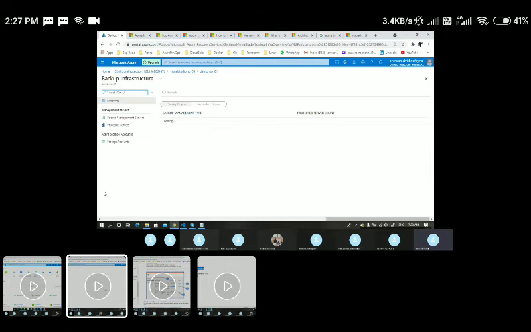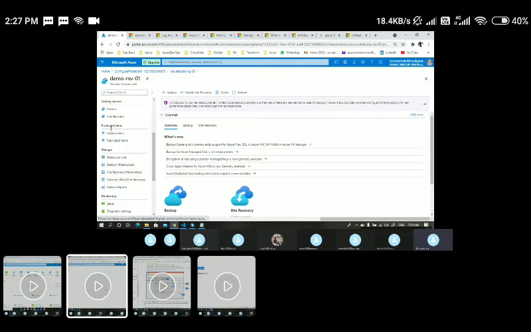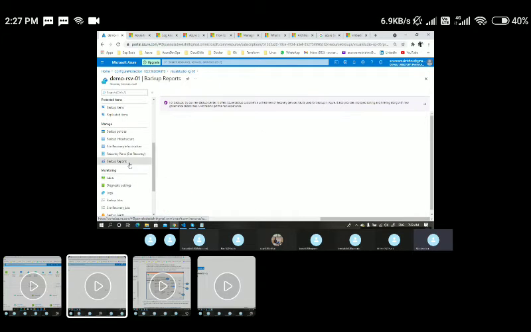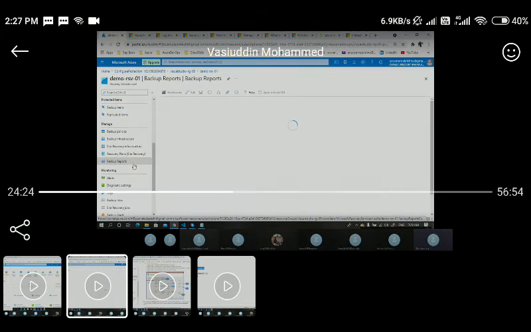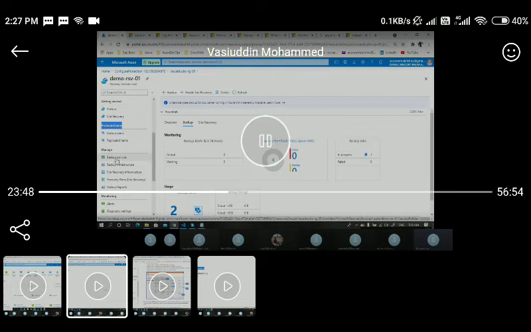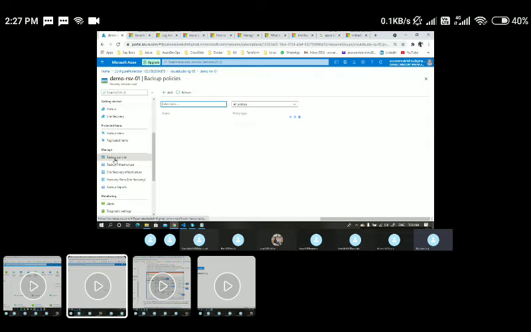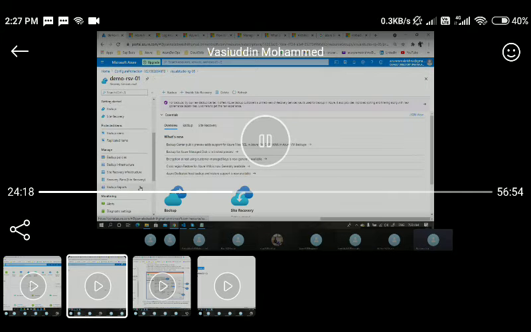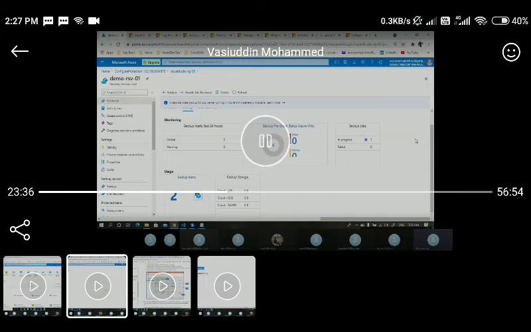And if you go to the backup infrastructure, here you could see what we have taken a backup of, which is related to the on-premises one, not related to the Azure one. And if you wanted to see the backup reports, here you could go ahead and generate the backup report and all of the stuff will come. So you could see the backup policies here, the default policies and the Azure one, the details here.